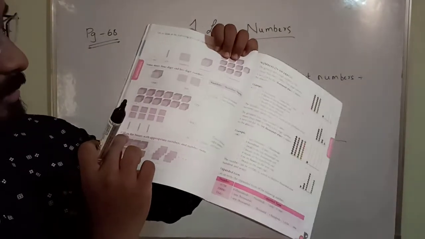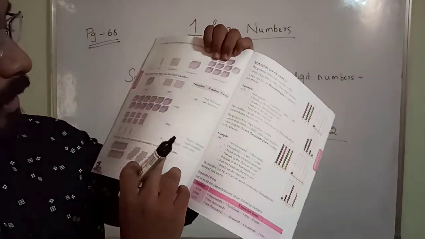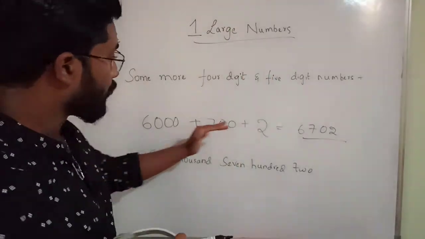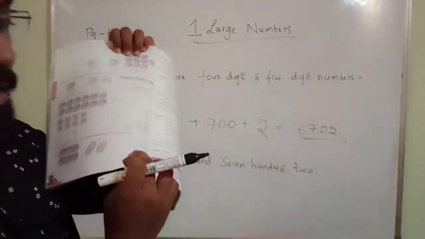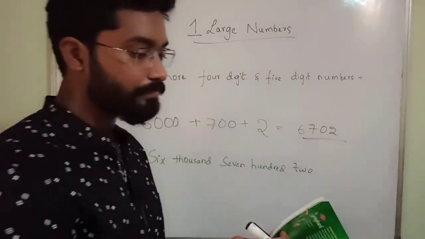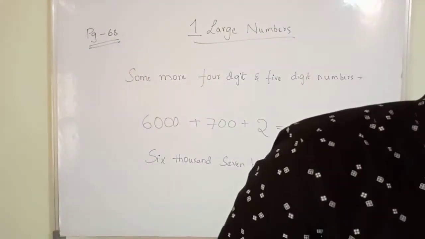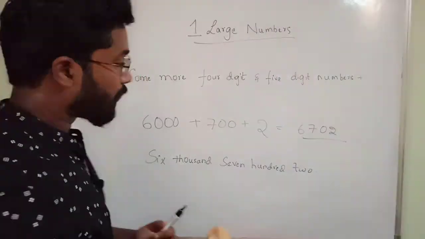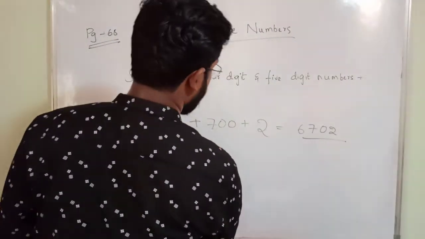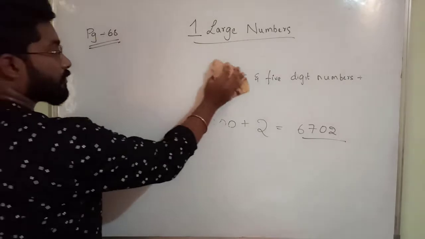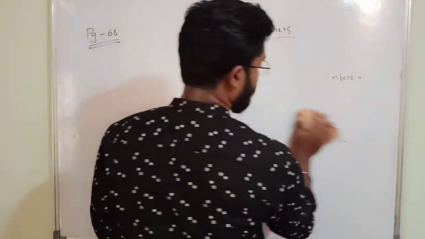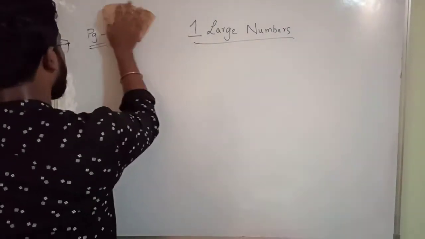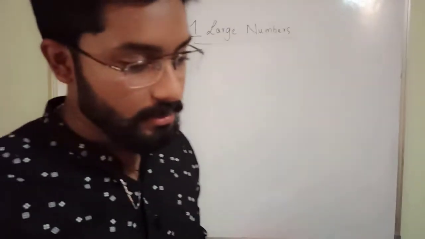The heading is fill in the blanks with appropriate numbers and number name. We have solved that one and we have written the number name. So up to here is completed. Next one is very simple. You have to just remember which box represents which number. Then you can solve it even without seeing. It's very easy.